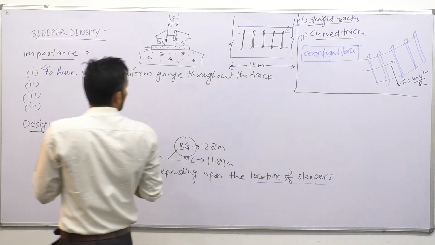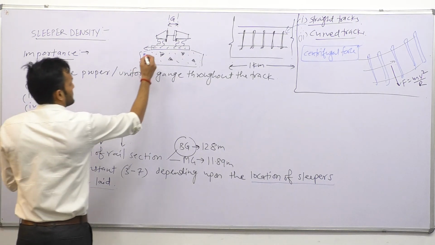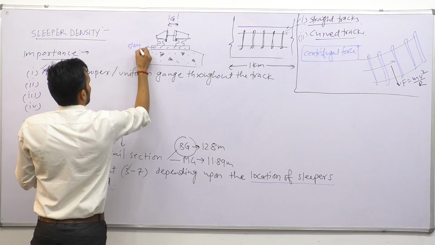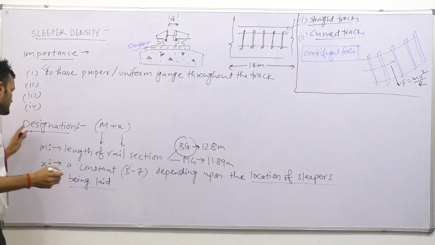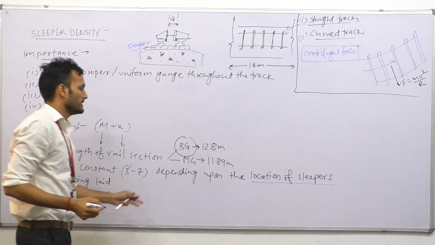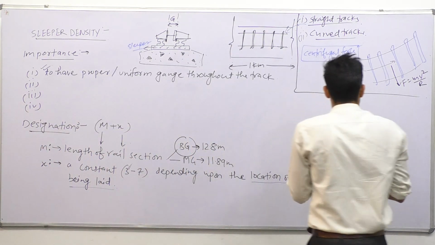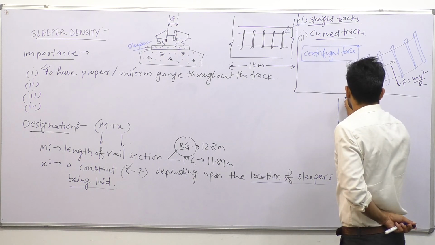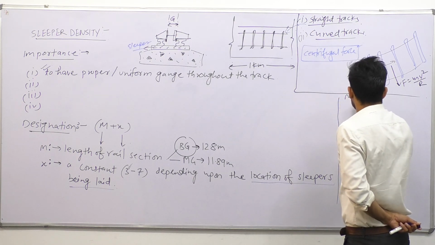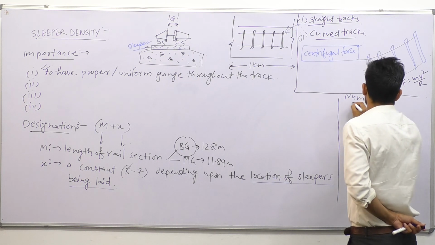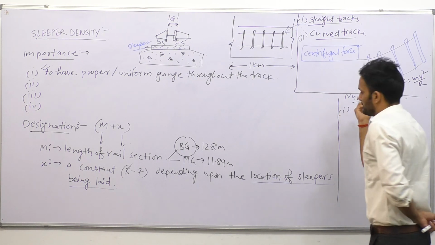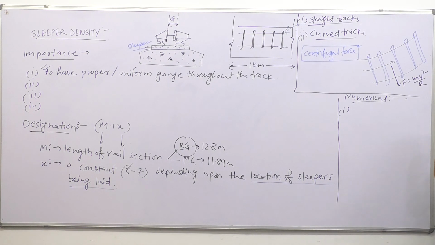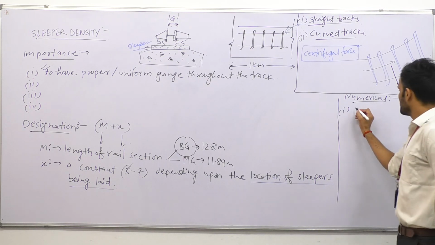Repeating, this denotes the sleepers, starting with the function. What function is just catering to the designation of this value. And if I take an example of how to calculate this sleeper density, this is a numerical, I must say. For example, let us take a locomotive or certain railway wagons moving over a broad gauge track. So the broad gauge is fixed.